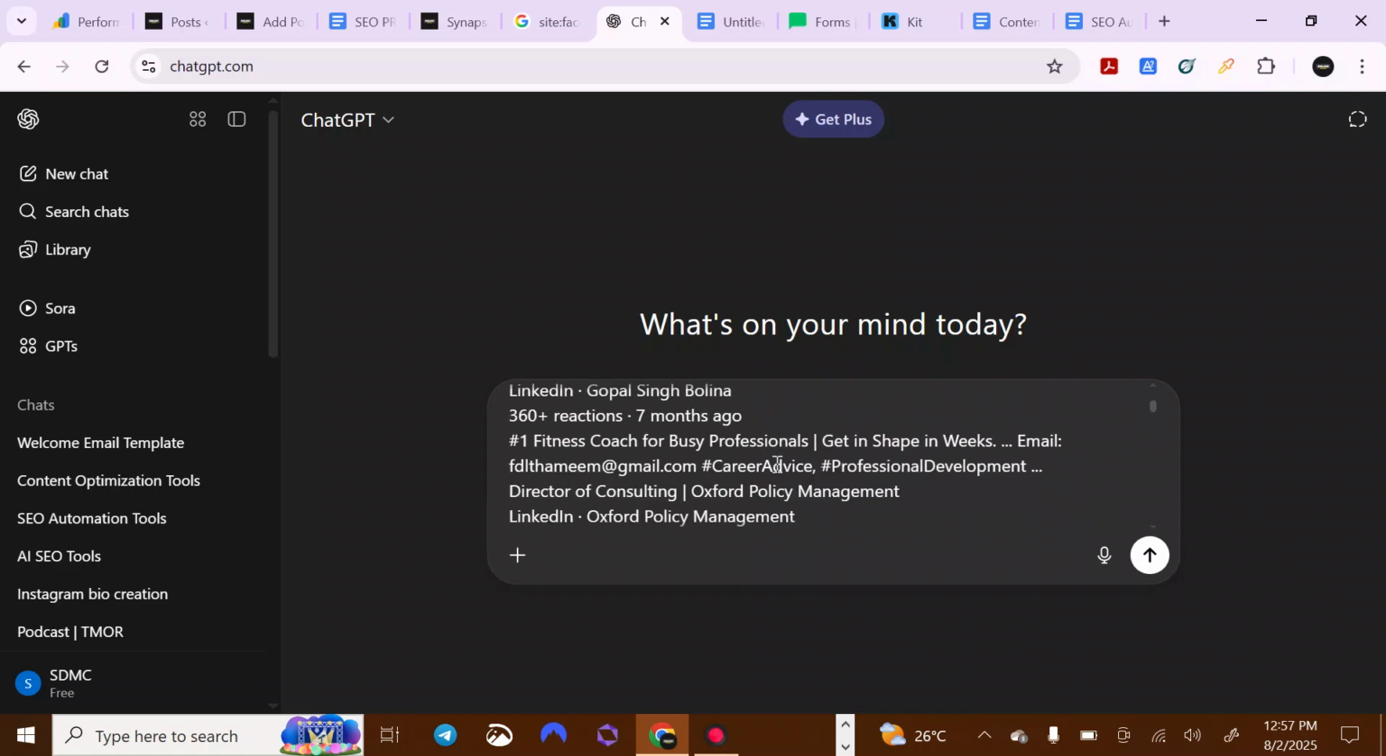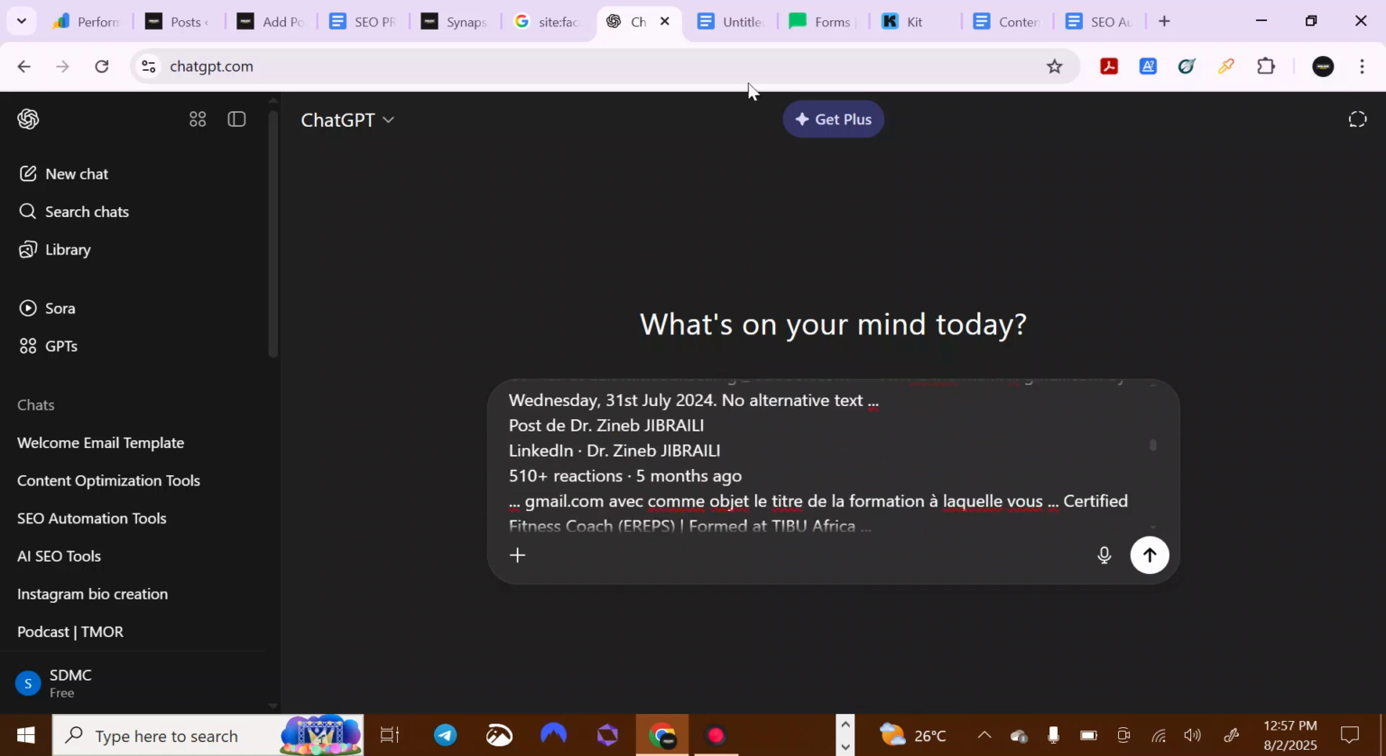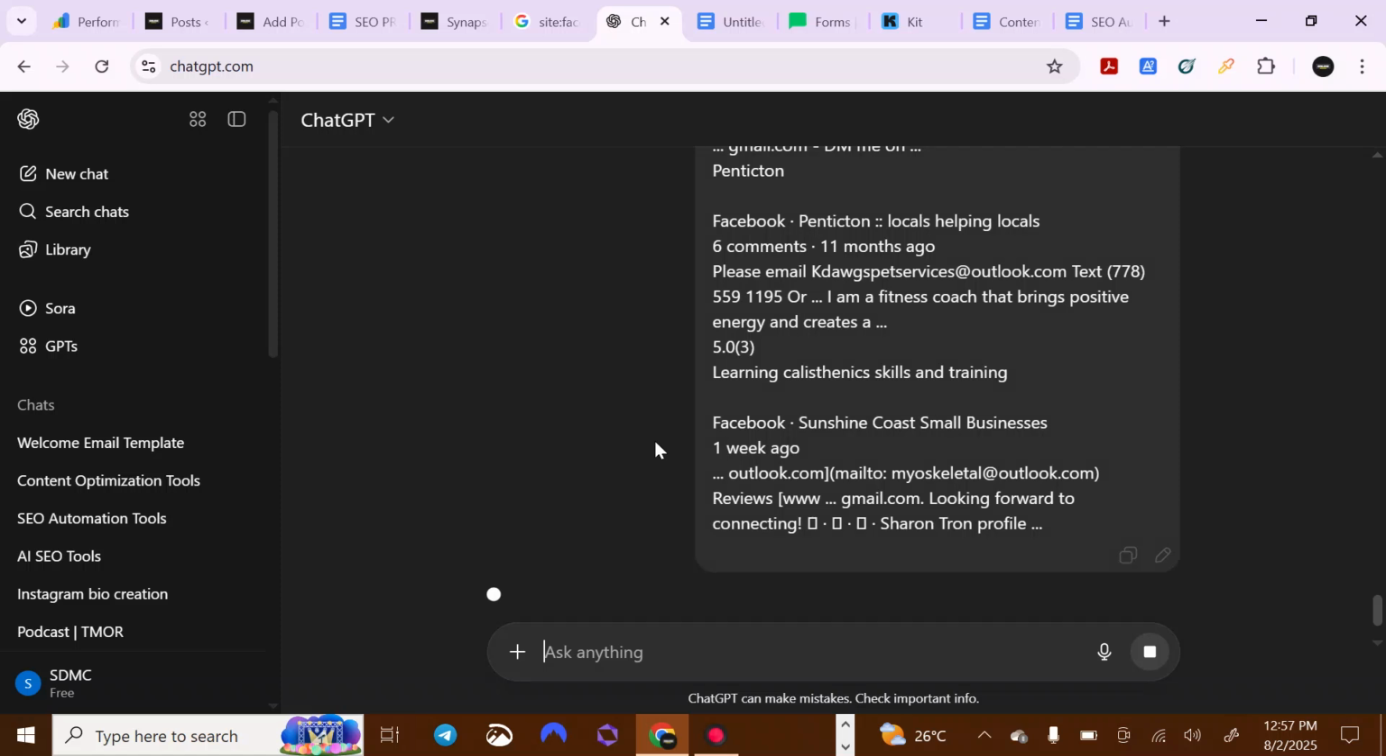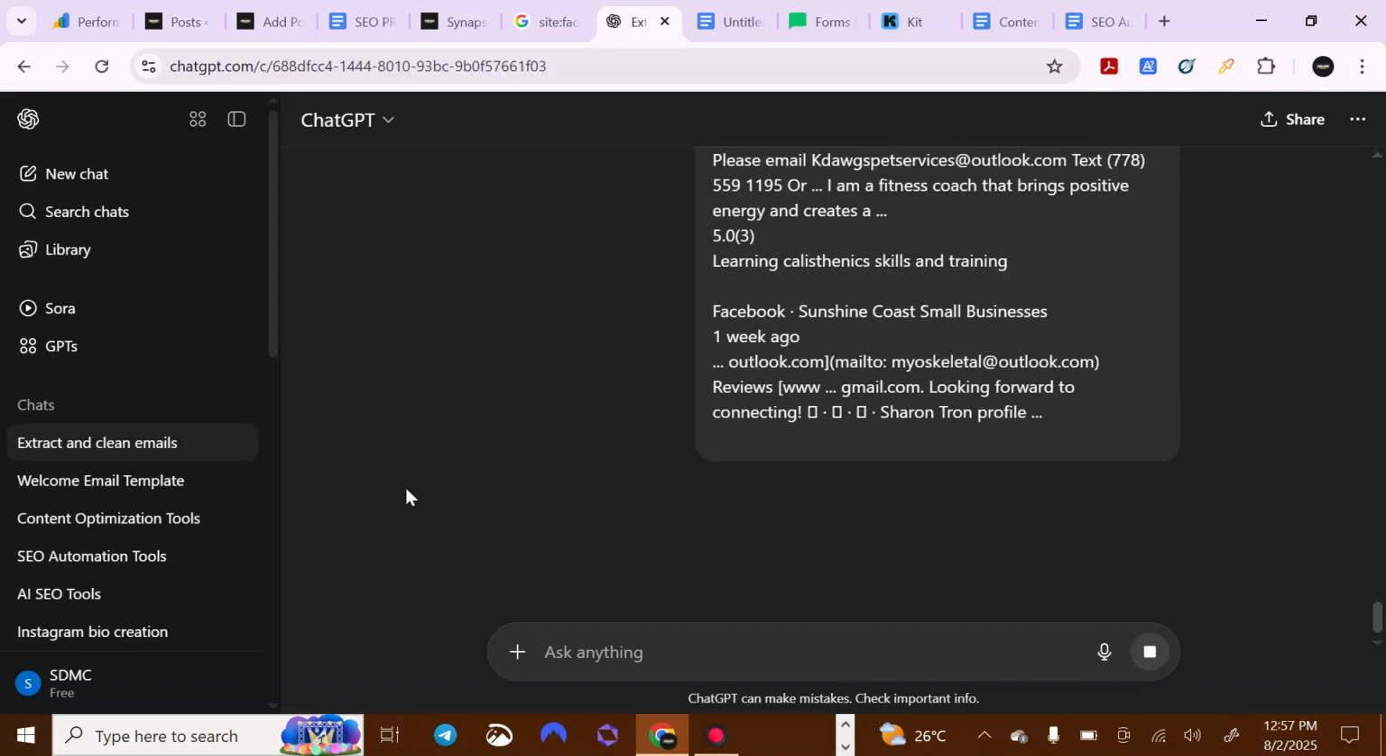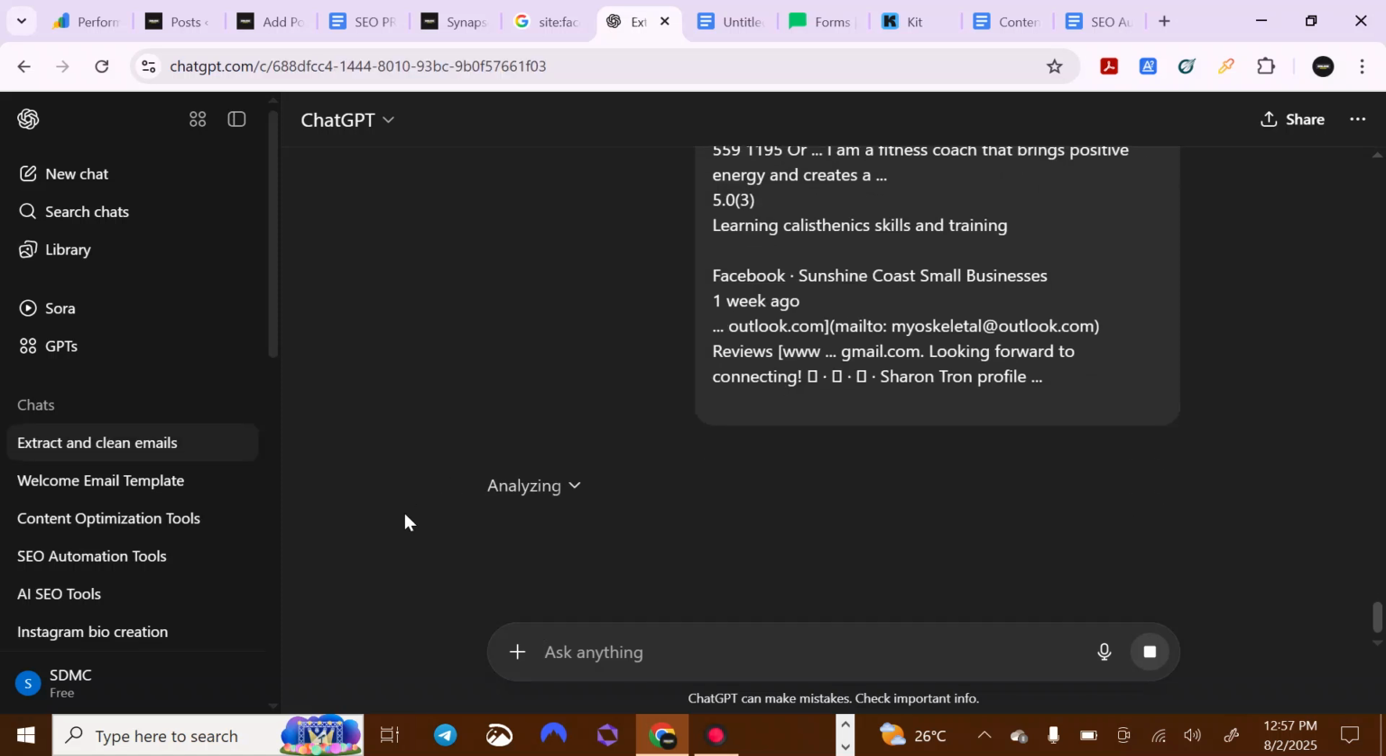I've just pasted what I copied here, and then let's click on everything is done. So we wait for ChatGPT to do its magic. It is analyzing the data. So guys, I need you to understand that this is one of the ways you can scrape leads from Google. It's free, and of course you're not paying for this. And while we wait for ChatGPT to do its magic,